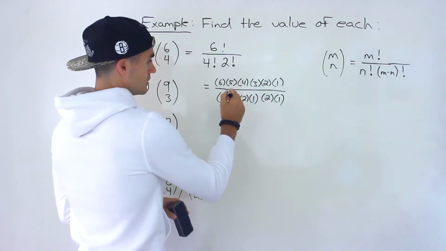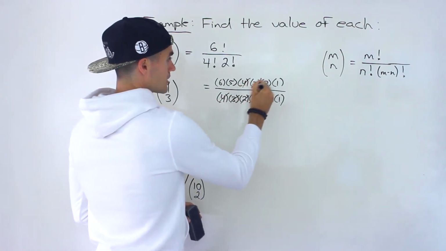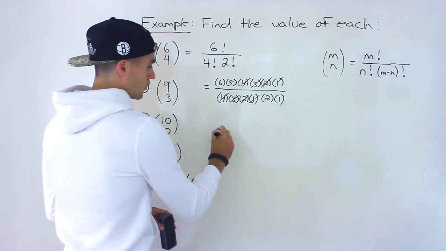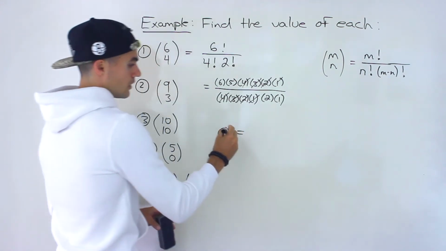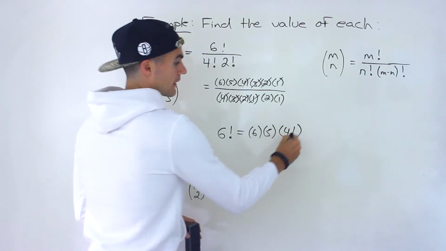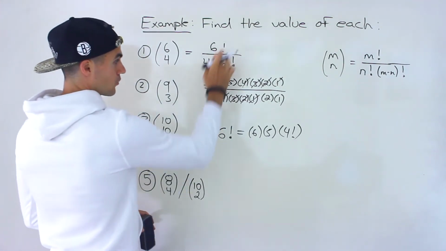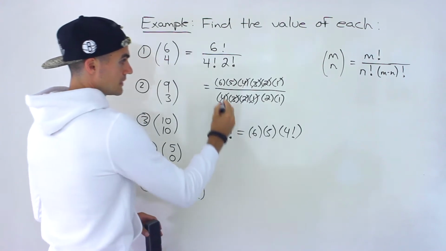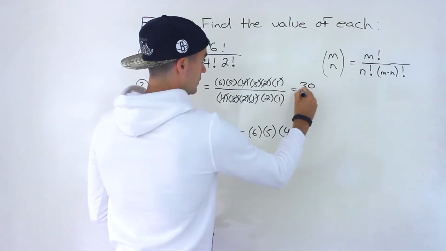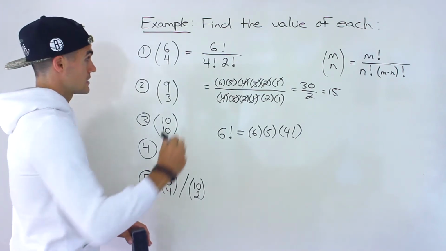Now notice the 4 factorial, there's a 4 factorial here as well. We could cancel those out. Another way we could have written 6 factorial is 6 times 5 times 4 factorial, because 4 factorial is 4 times 3 times 2 times 1. And then the 4 factorials would cancel out. We'd be left with 6 times 5 over 2 times 1, which would be 30 over 2, which would be 15. So 15 is the answer